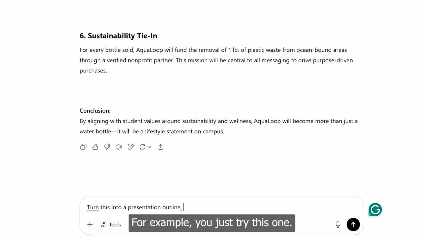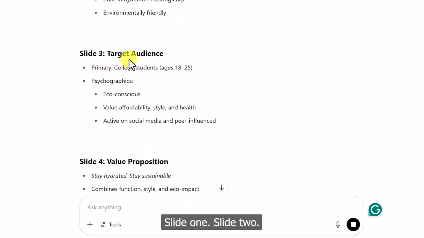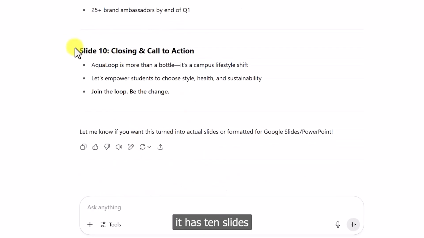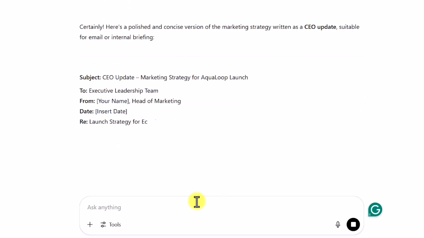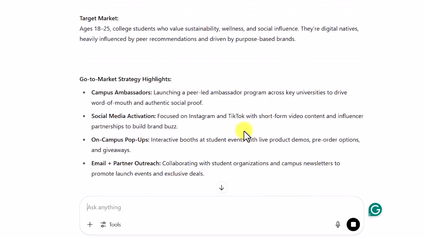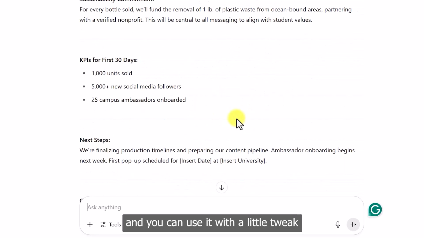For example, you just try this one. So this is the presentation: slide 1, slide 2, slide 3, for target audience, and it has 10 slides, closing and call to action. But if you want to write this for a CEO update, you can write this for a CEO update and press enter. So this is what you get from ChatGPT, and you can use it with a little tweak as your own